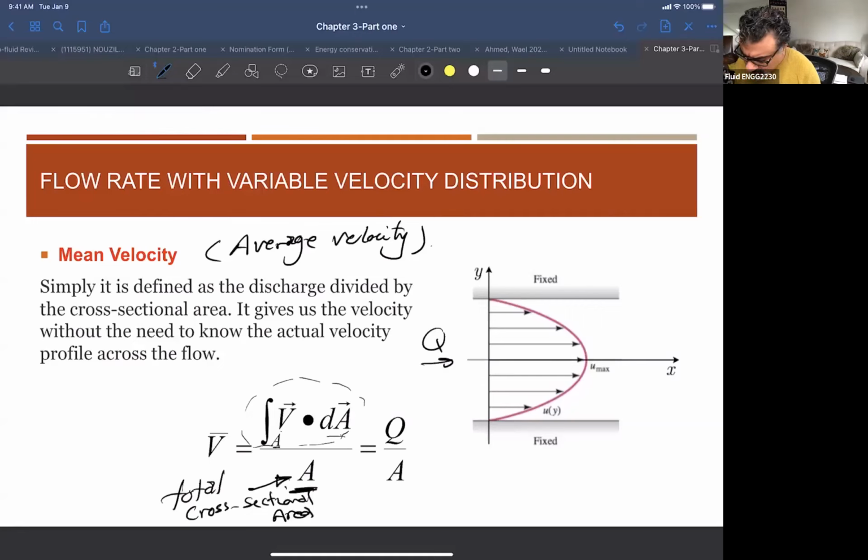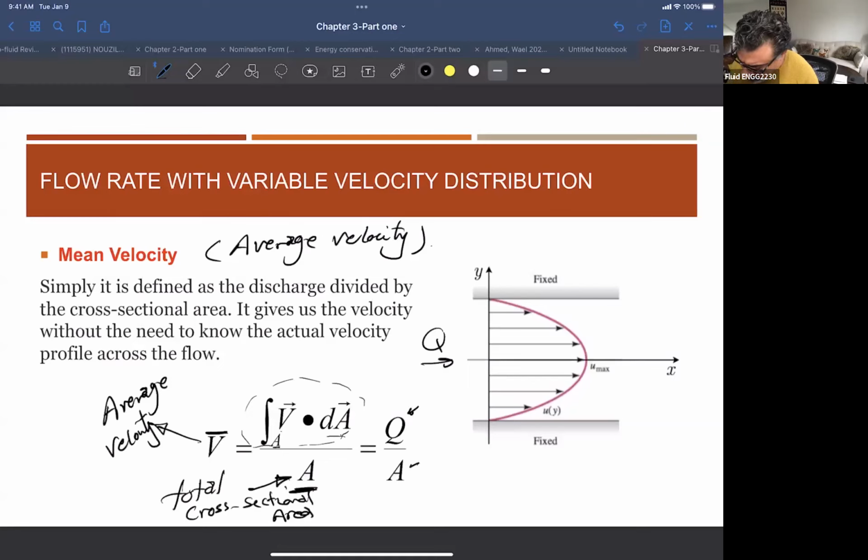It will give you what we call the average velocity, and I put the bar here as this is an average velocity,